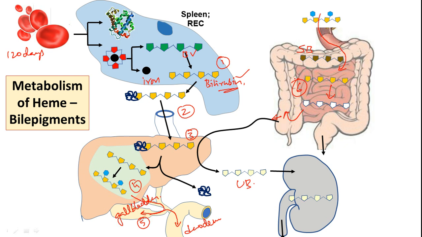Okay, so friends, this is the way heme metabolism gives us several different types of bile pigment molecules, including biliverdin, bilirubin, bilirubin diglucuronide, urobilinogen, urobilin, and stercobilin. I hope you got the concept here, and now we will see in detail the chemistry as well as its regulation. Okay, so let's move ahead.